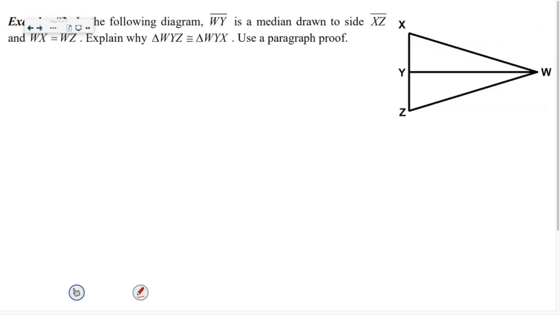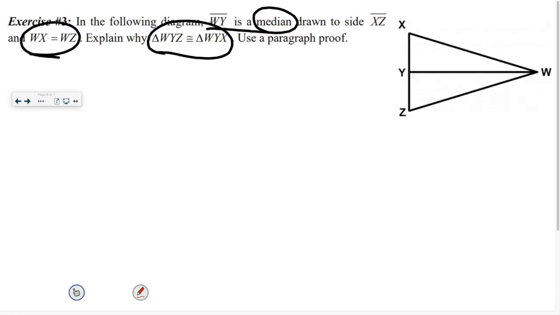Okay, so let's look at this example, right? Now I'm going to lay it out for you, but you need to write it. You need to write it, okay? Exercise 3. We are given that W is a median. Now recall, what does that word mean? Median. We are given this piece and we need to explain why this is true. Now it says use a paragraph proof and I will do that in class, but you guys need to set up your T-chart